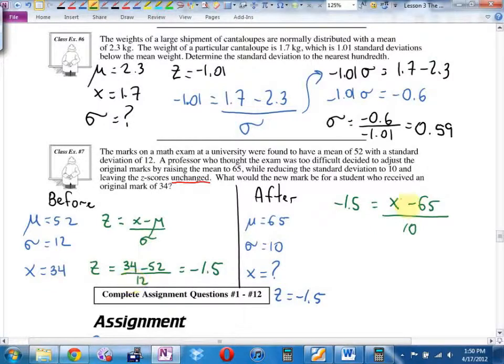How would I get the x by itself? What's the first thing I would do here? I wouldn't add 65. I'd cross multiply. Times by 10 first. Yes? Oh, you already did that. Awesome. So you're going to get negative 1.5 times 10 equals x plus 65. Oh, not plus, Mr. Dueck. Minus. Yes? Okay, Boston. How to get x by itself now? You are correct, sir. His new score is going to be negative 1.5